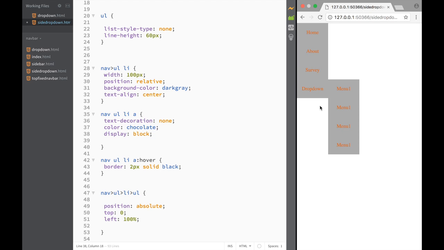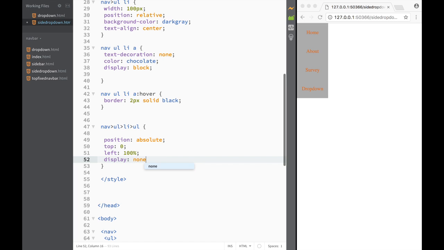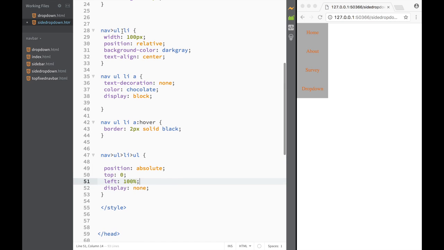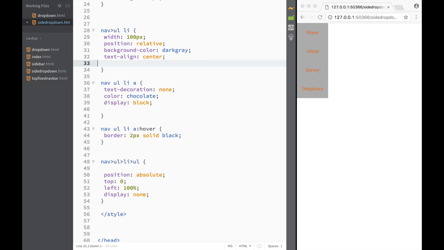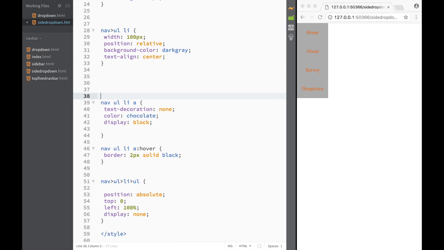Now after that, what we want to do is actually display only this ul list only as we're hovering over this list item, right? So what we would need to do over here, you see this ul list. Now we're targeting only this ul list. And I would say display, and I would say display none, over here like this. And then as I'm hovering over it, so I would find a list item again. And I would say that as I'm hovering over them, so over here we're going to create a new rule,